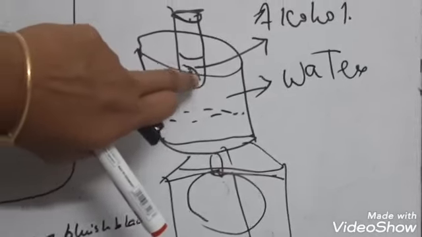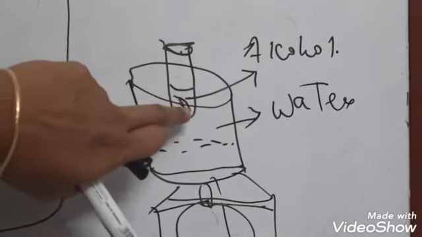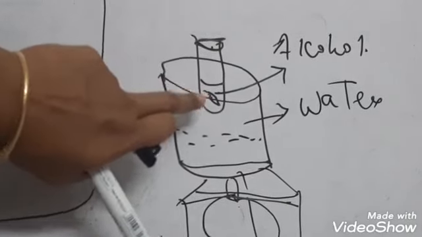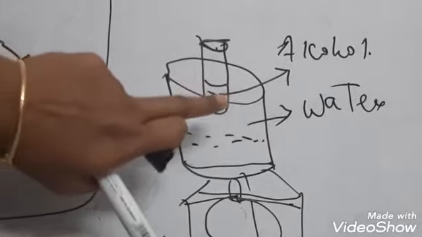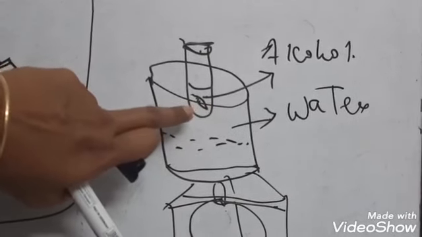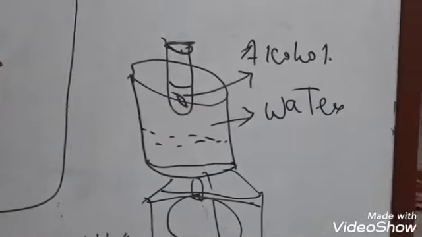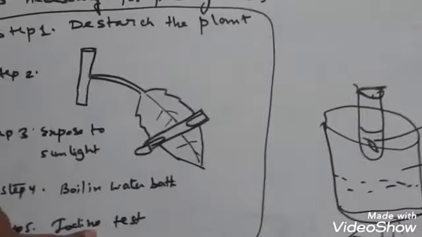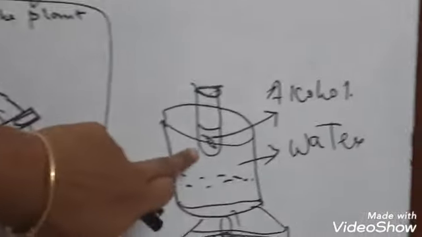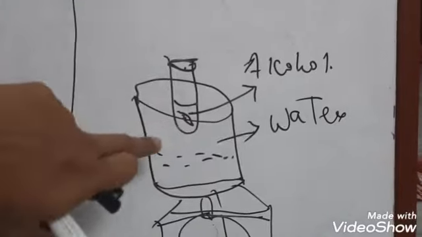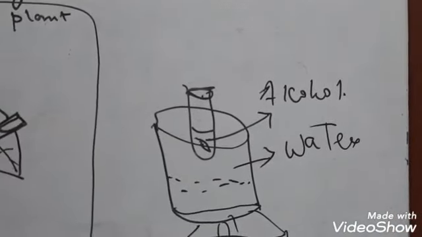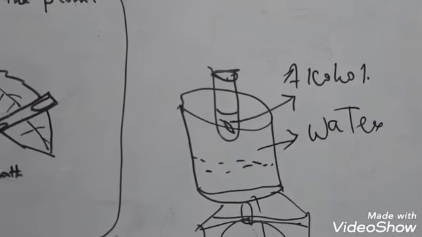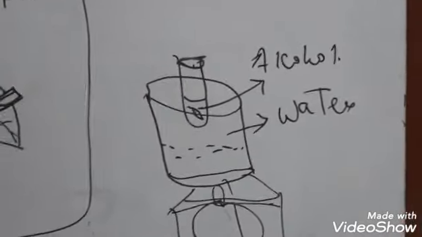So I have to bleach the leaf. Why am I bleaching the leaf? So that the leaf becomes pale and I can identify the blue-black color of the iodine test that we are going to perform in the later stage of the experiment. Okay, so why am I bleaching the leaf? Why can't we put the iodine directly on the leaf? What is the need of doing so much of a headache? Why boil this alcohol and water and so many things?